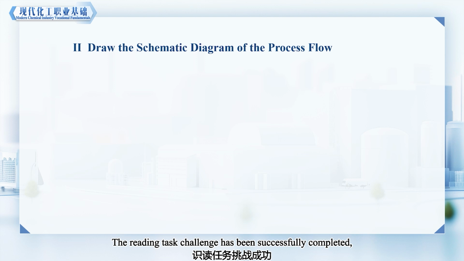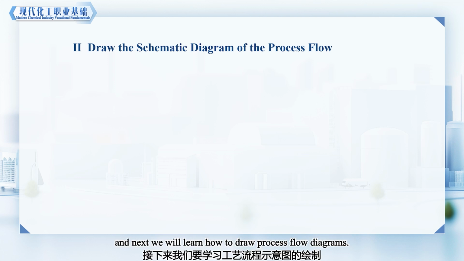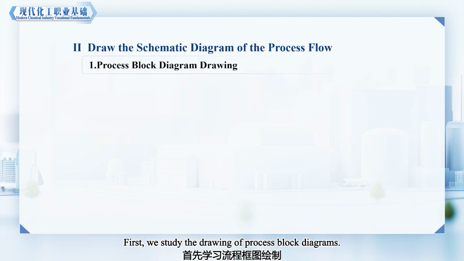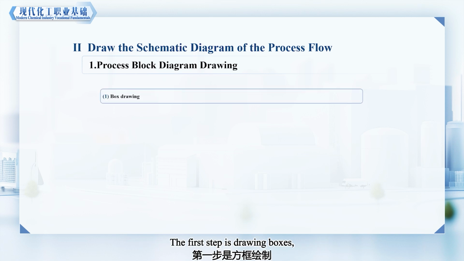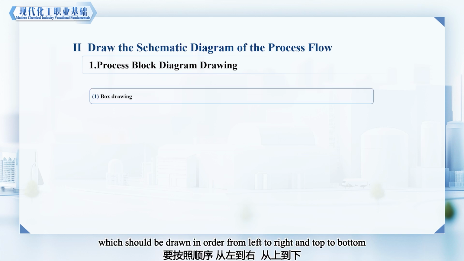The reading test challenge has been successfully completed. And next, we will learn how to draw process flow diagrams. First, we study the drawing of process block diagrams. The first step is drawing boxes, which should be drawn in order from left to right and top to bottom,